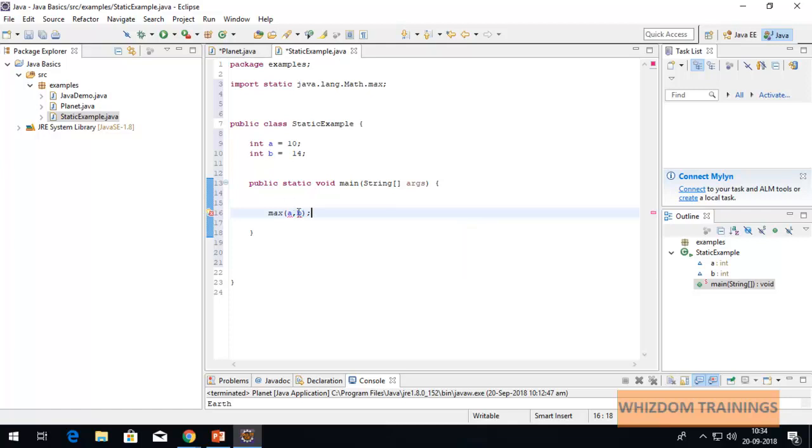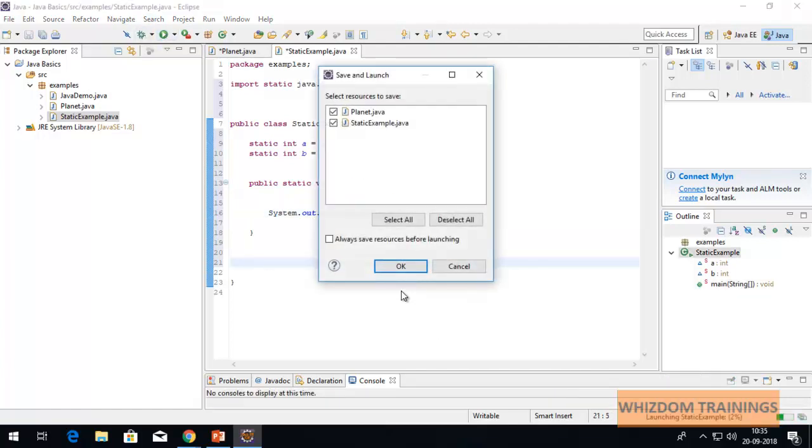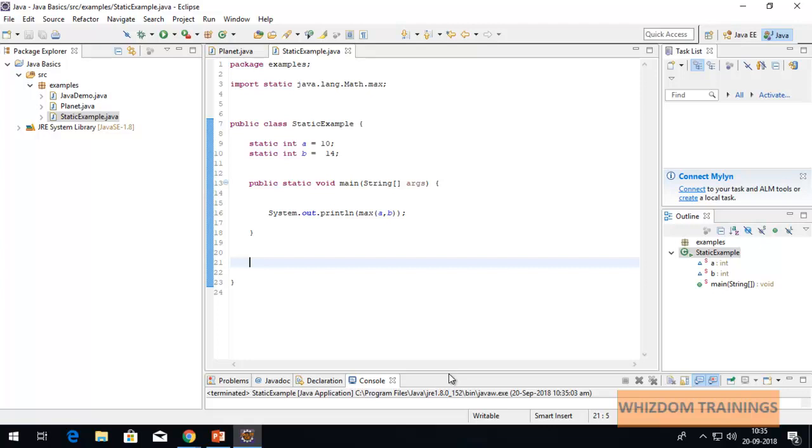Okay, so I didn't make those variables static. So again, I have to make those variables static. If I do not want to make them static, again I have to use the object. I'll show you that process also. But this is the property of static methods, that you can only use the static variable inside a static method. Now if I run this, in the output I will see the number which is the maximum,